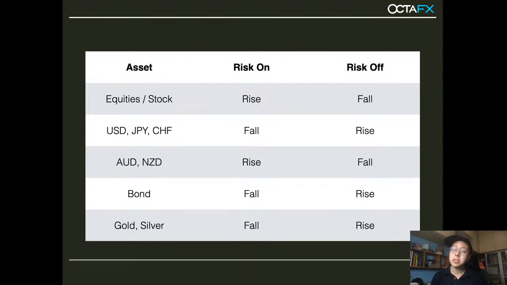We are getting very near to the US presidential election. In fact, that's going to happen on the 3rd of November, which is early next week. So we are getting very close. The uncertainty, the fear is definitely there, and that's where you now understand risk on and risk off. We are in a risk off environment because of the uncertainty. I want to switch off my risk meter. So that's affecting